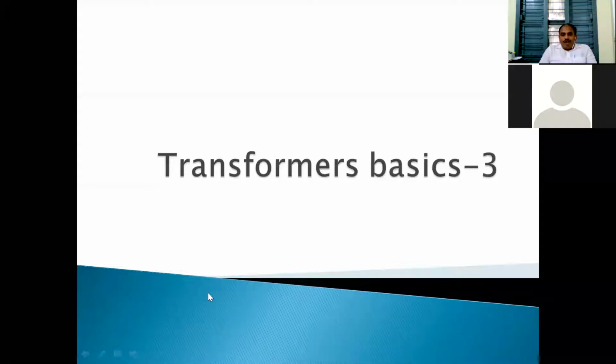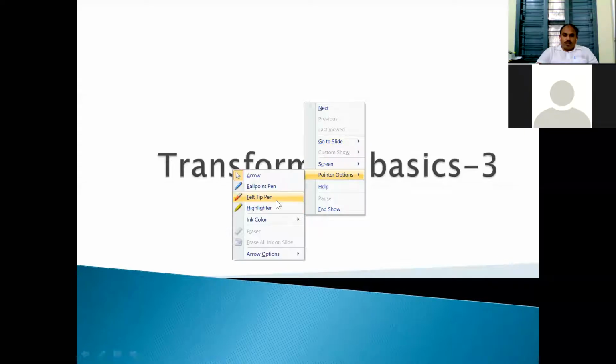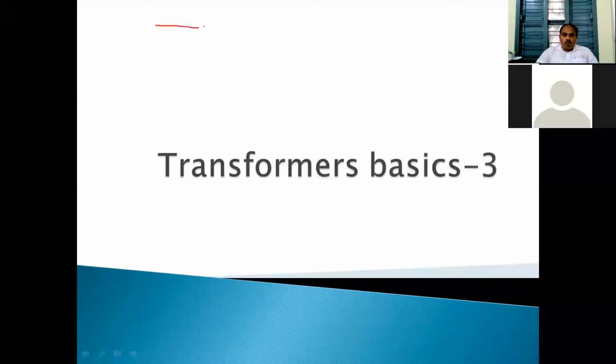A single phase transformer basically has two windings. Two windings means two coils. It is made with two coils, just two copper coils. A transformer is nothing but two copper coils placed side by side. So this is a transformer having two coils, and these coils are made with copper.